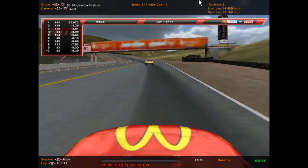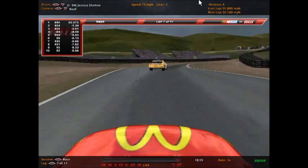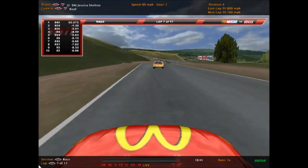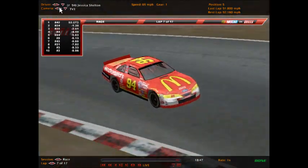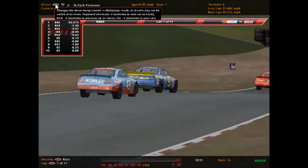And right now, dropping back just a little bit here to Sonoma, she is running a solid 5th at the moment, as she tries to get around the number 4 car of William Brock, matching his car number with his position. He's running in 4th place at the moment. Good look at Shelton's car right there. Running right behind her is Zachary Fitzwater. He now tries to hold off